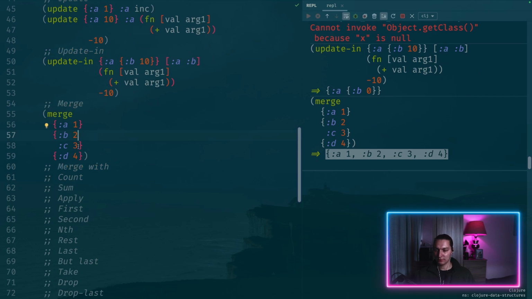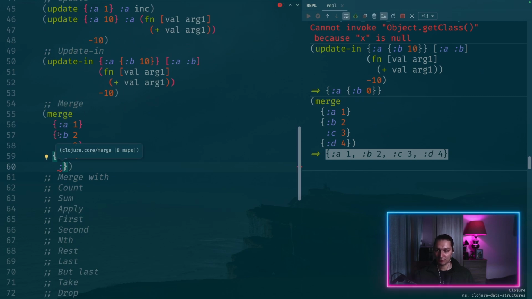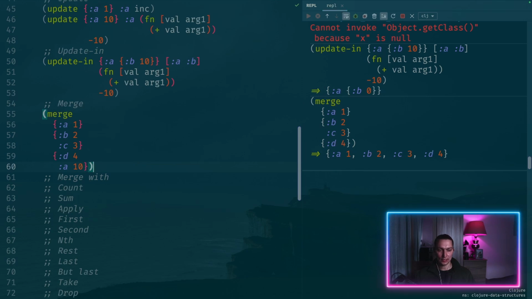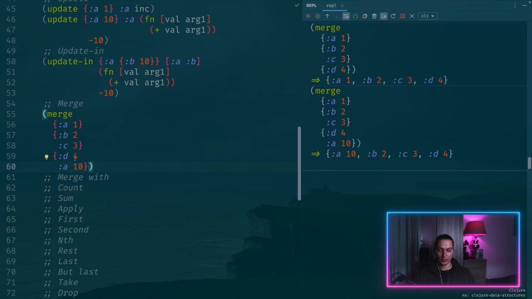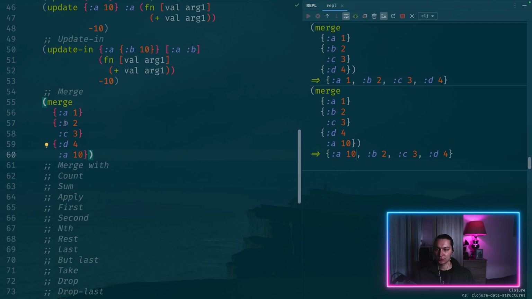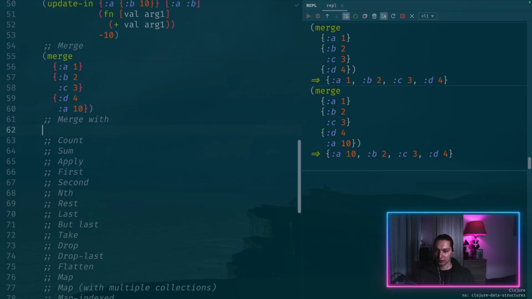Good to know is that if you have a key that is not unique, it will overwrite from the first map to the latest map. So if you have a here and it's 10, in the final map we'll see 10, because it was overwritten here. One of the usages of that is if you want your defaults as the first map and then you want your overrides as a second map, it's quite a useful function for that use case. So merge-with,